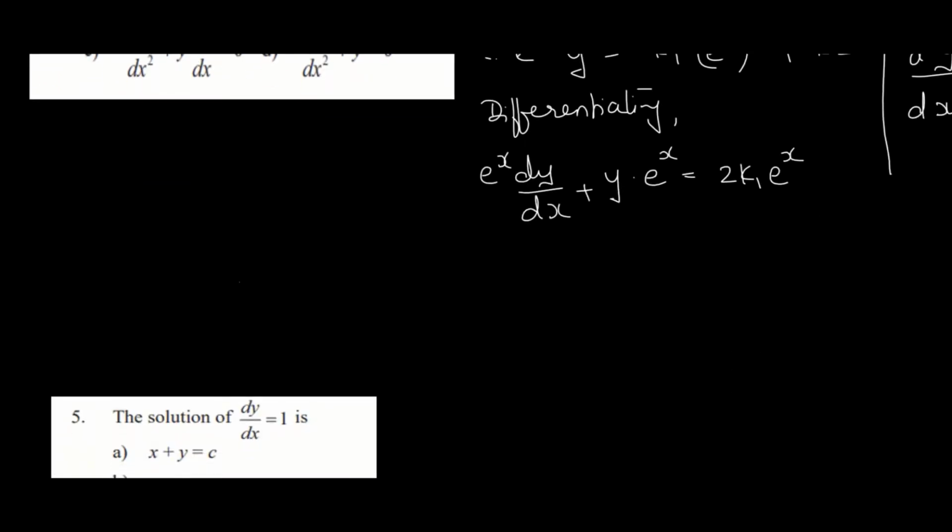Thus we get to the fifth sum now. The fifth question, the differential equation is given. We have to find the solution for this equation. So in this case, we have to find the solution of dy by dx is equal to 1. Let us separate the variables over here and use the variable separable method. So therefore, dy is equal to dx. Now we integrate. Whenever the differential equation is given, we usually integrate and get the answer. So we integrate over here.